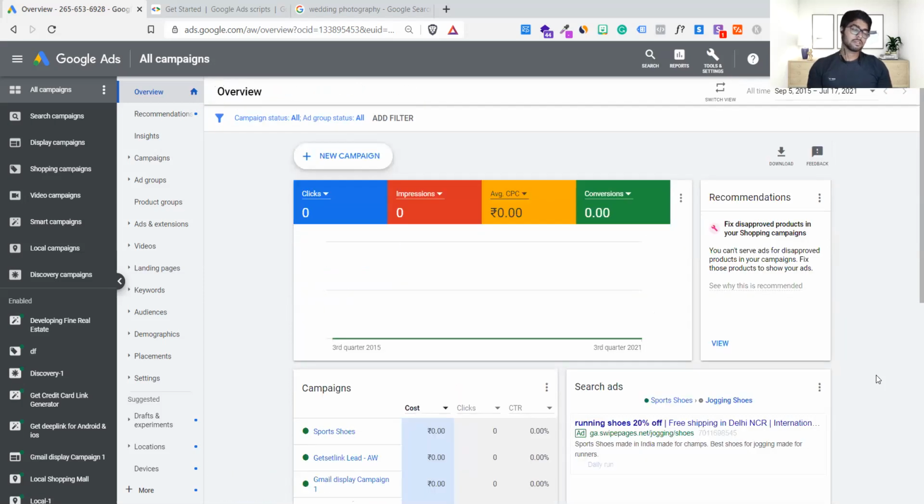The fun fact is you have to set up only once. After that, you perform optimization. It's not like every day you have to create a new campaign. You create a campaign and just optimize it every day for a few days. Optimization has some tenure: for 15 days you have to optimize aggressively. After that, the campaign starts giving results and you leave it. You ask the client for the money and they will pay you. The campaign is running, they're getting leads, and you are just relaxing and checking that the leads are working fine. That's it. The initial hustle is there, and after that, Google Ads takes care of it.